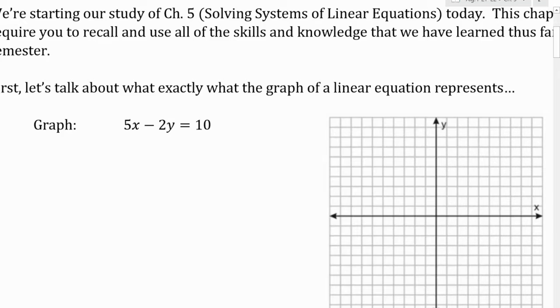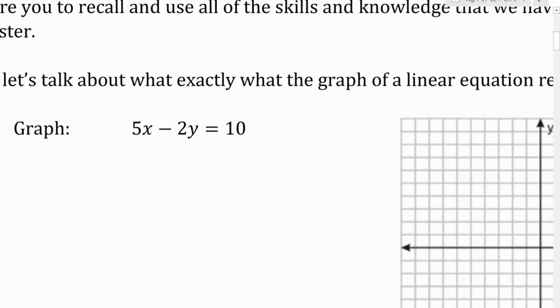Okay, so all chapter 3, chapter 4, we worked with lines. We learned how to graph them in chapter 3. We learned how to come up with the equations of them in chapter 4. Negative over negative is positive 5 halves x. Positive 10 divided by negative 2 is negative 5. Okay, so once we get to here,